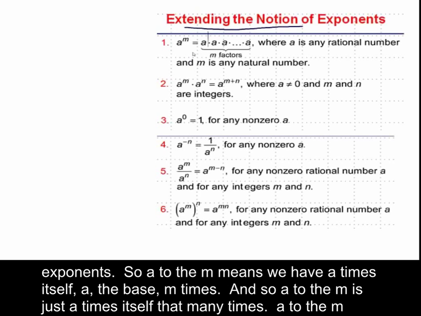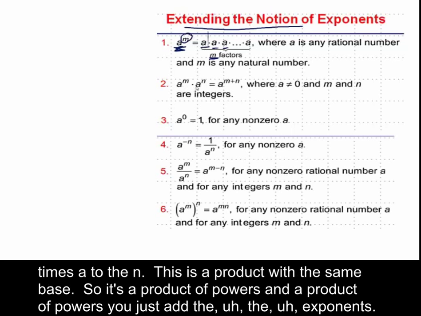Extending the notion of exponents. So a to the m means we have a, the base, times itself m times. And so a to the m is just a times itself that many times. A to the m times a to the n is a product with the same base, so it's a product of powers. And for a product of powers, you just add